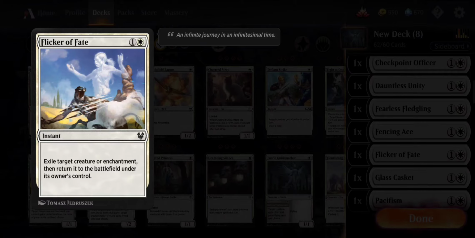It's basically you remove the creature from the game, or the object, whatever it does, a creature or enchantment. You remove it from the game, and then you bring it back onto the battlefield under your control. It's a nice little move. So like this one, if you have a really big creature that's going to make you win the next turn,